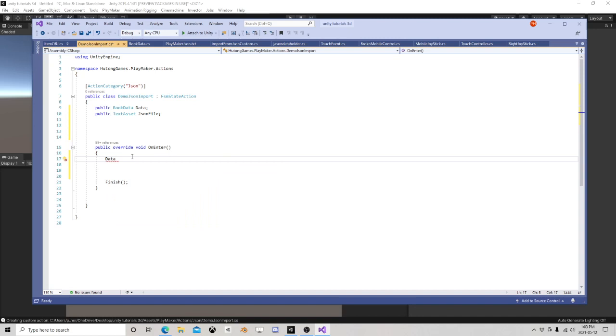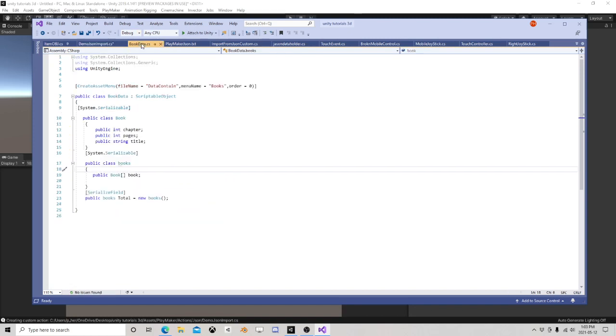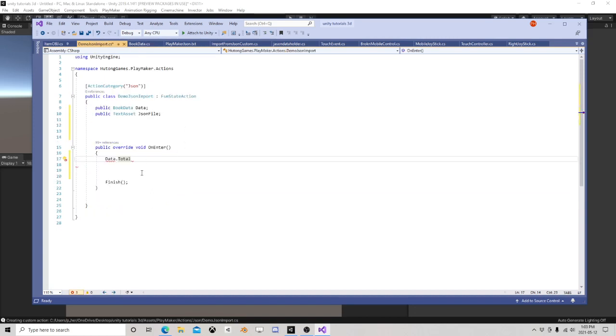So above the finish, what we need to do is data. So I'm saying our book data dot total, because that is what this guy is. So we're saying we want to fill this thing up, and this is full of this, which is this. Equals